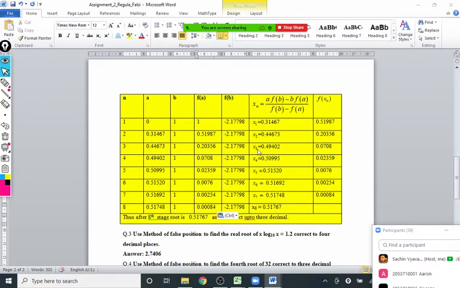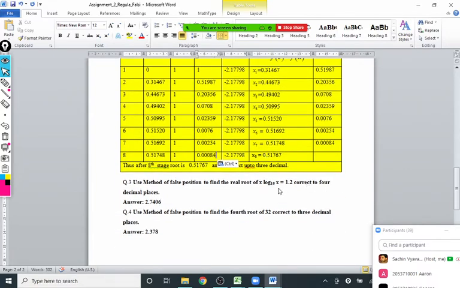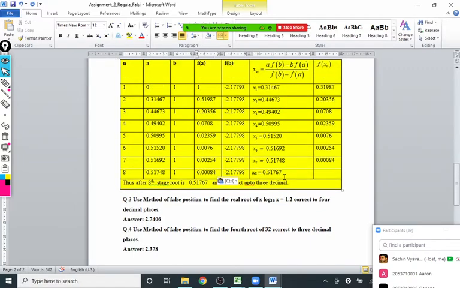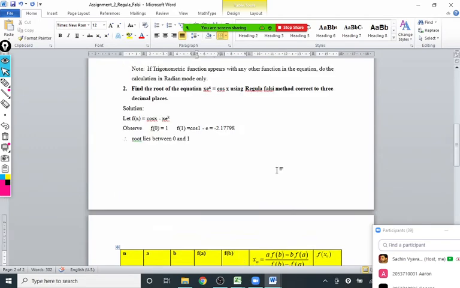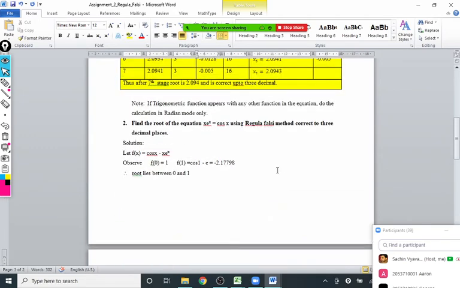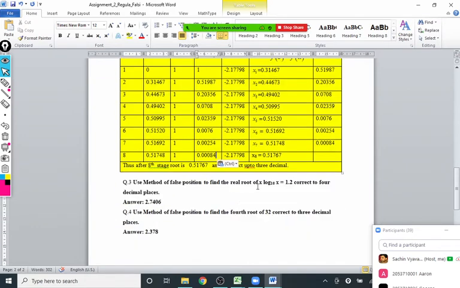Okay, so that is about the table that we already saw in the last session, only this question. And you will observe this is again correct up to 3 decimal places, and 0.517 starts repeating in the 7th and 8th iteration. So we got this answer after 7 or 8 iterations. We got the root of this equation by the regula falsi method, or method of false position.